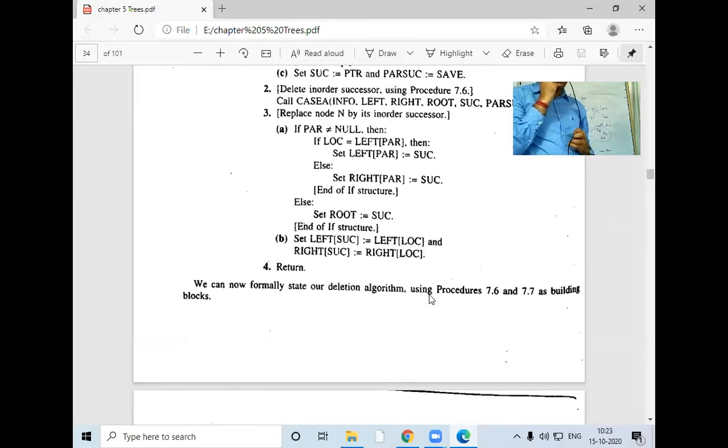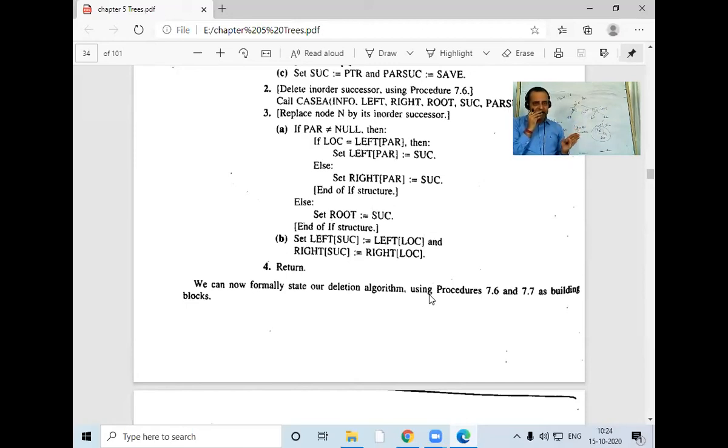So successor's left will be 36, which was left of location, and successor's right will be 52, which was right of location. Is it clear? Yes, sir.